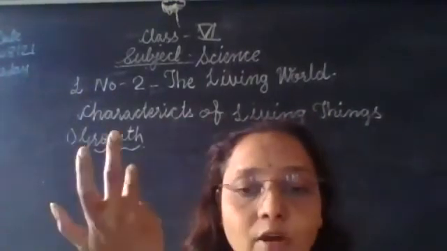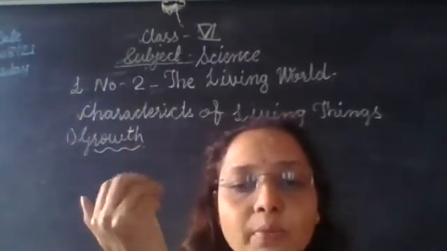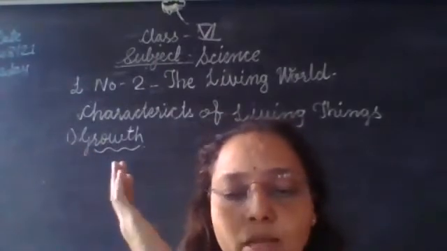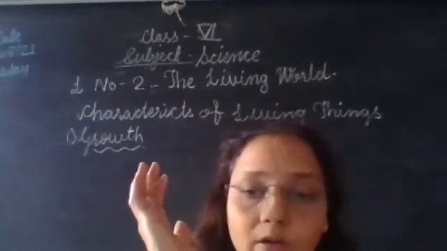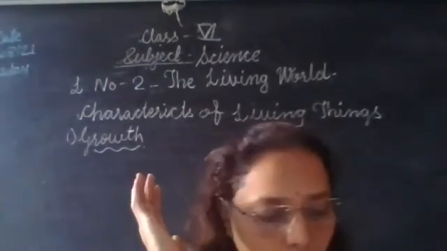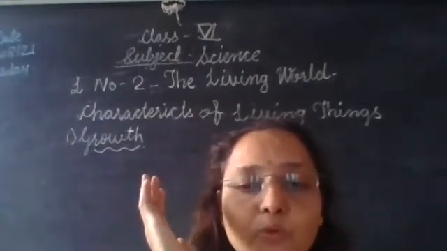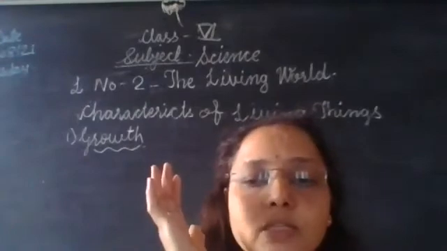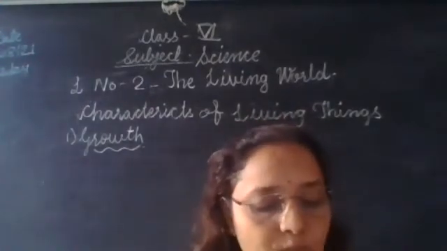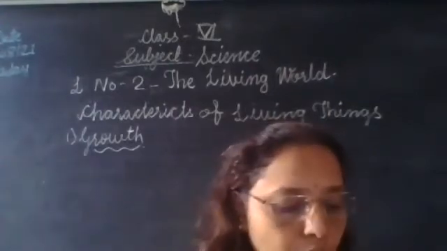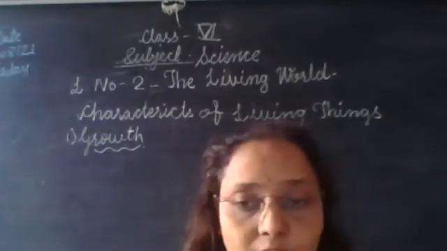So from where do we get the food? There are different sources. From the plant source as well as from the animal source we get the food. Food is necessary for growth. So plants make their own food in sunlight by the process of photosynthesis. The plants are called autotrophs. Plants produce food from water, nutrients in the soil, and carbon dioxide present in the atmosphere.